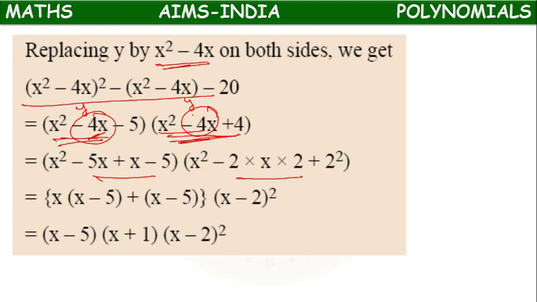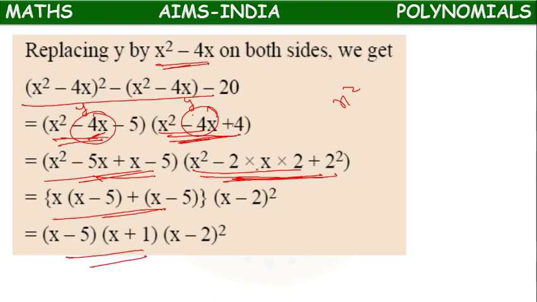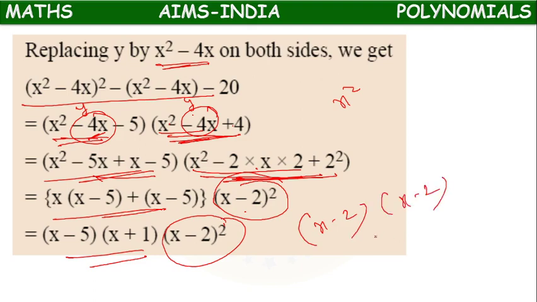Or for this one, we can directly write the formula. It is a square minus 2ab plus b square. It is in this form. So this one we can take common, 2 factors will come. But for this, we can directly write the formula a minus b whole square, which means x minus 2 factor repeated 2 times. Here also we have 4 factors, but x minus 2 is repeated 2 times. So that's why we have written x minus 2 whole square here.